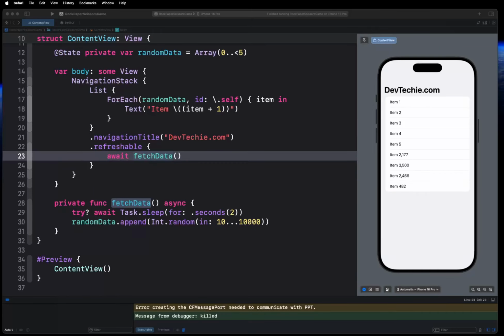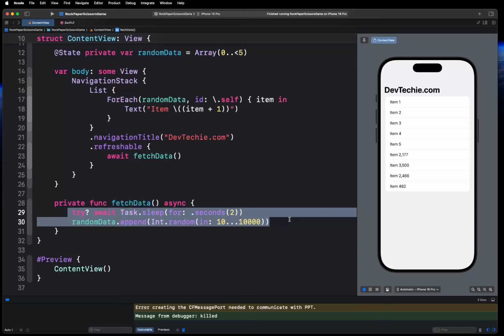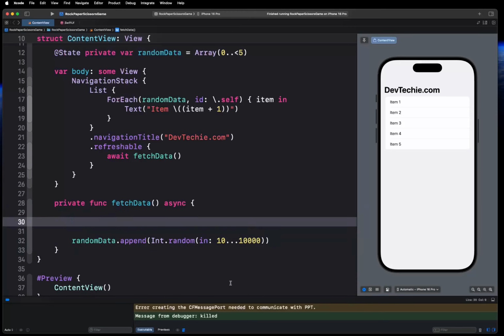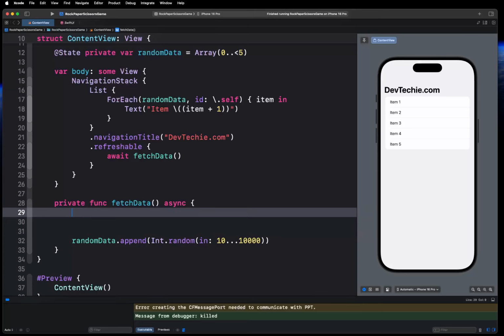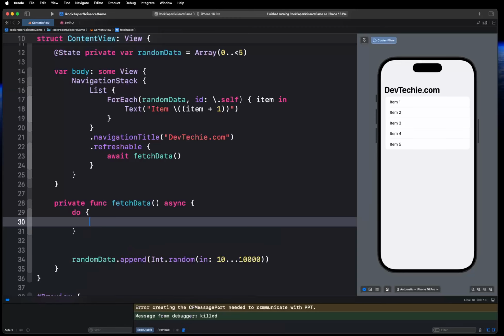Okay, what specifically we're going to do is use one of the endpoints called delay, and we're going to add 5 seconds of delay. So this function right here is going to change a bit. It's not going to change this portion right here, but we're going to add a do try catch. So we're going to say do, try, actually let's say let underscore,